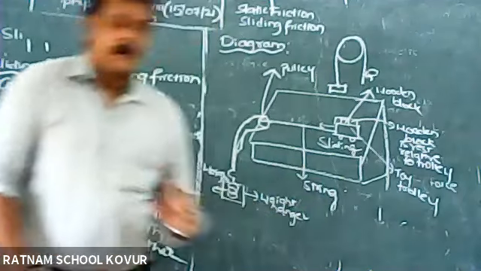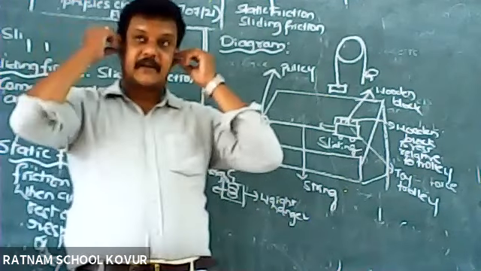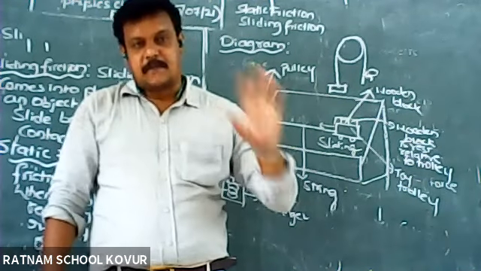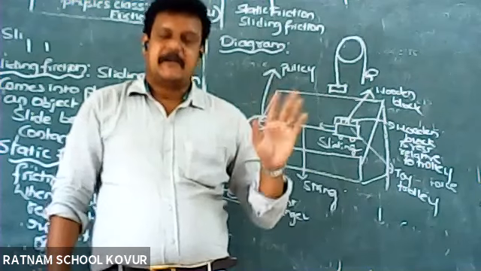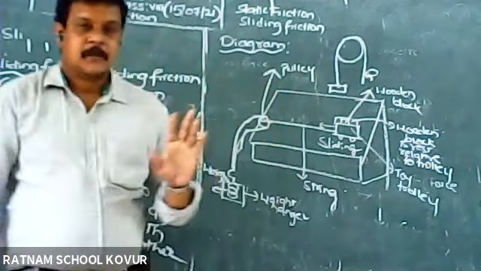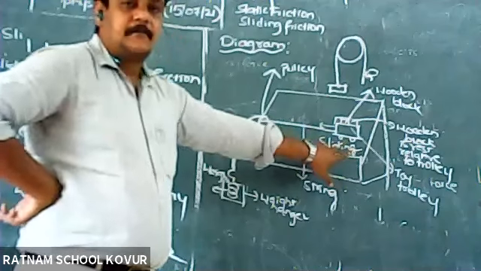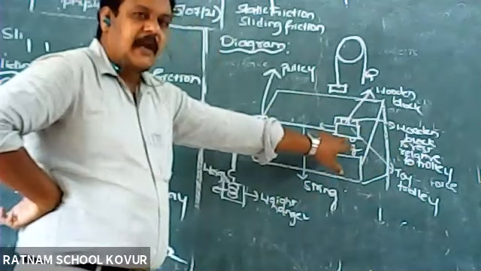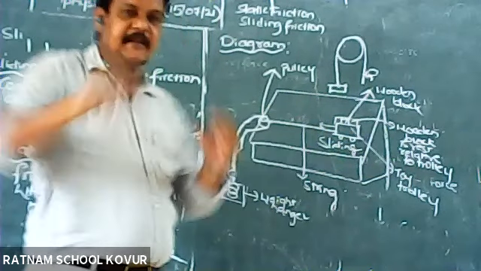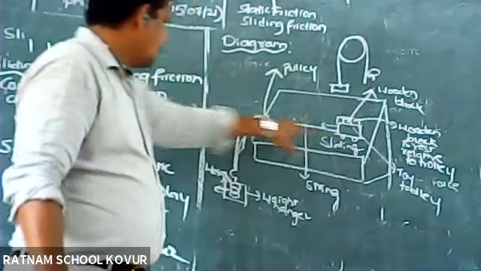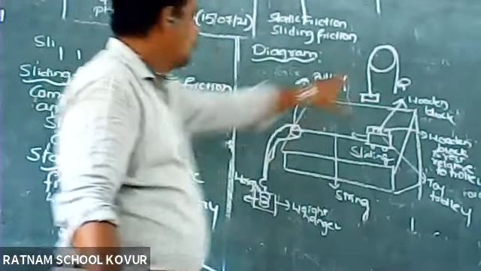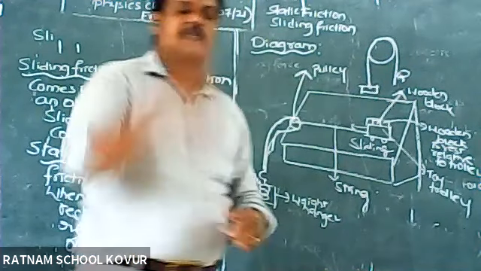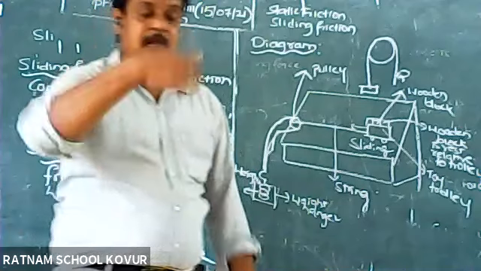So our aim is to know what is sliding friction and what is static friction. Friction means the force which opposes the relative motion between two objects. Now I have taken one toy trolley and kept it on the bench or table. To this trolley, I have attached one string, meaning a thread. For that string, I have placed a pulley. Pulley is a system having two masses. When you draw water from the well, you draw it with the help of a pulley.